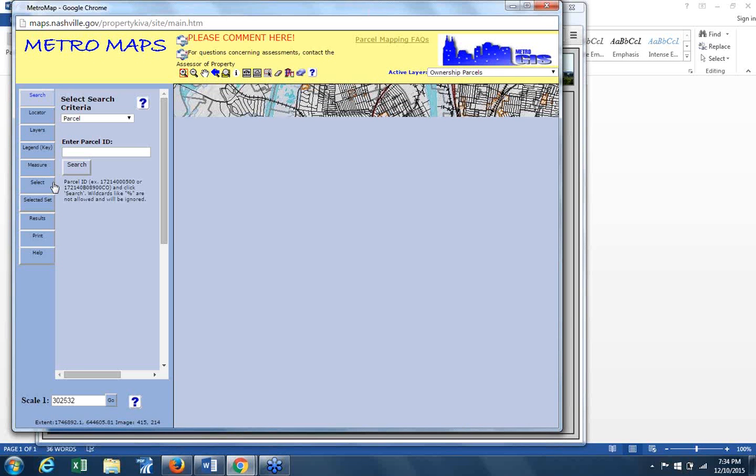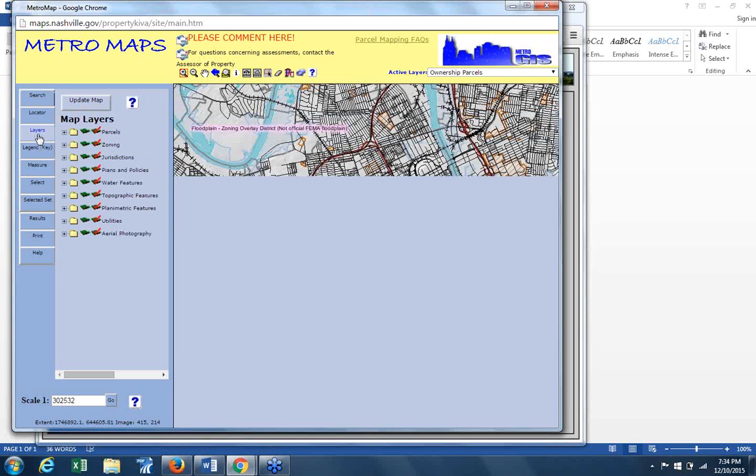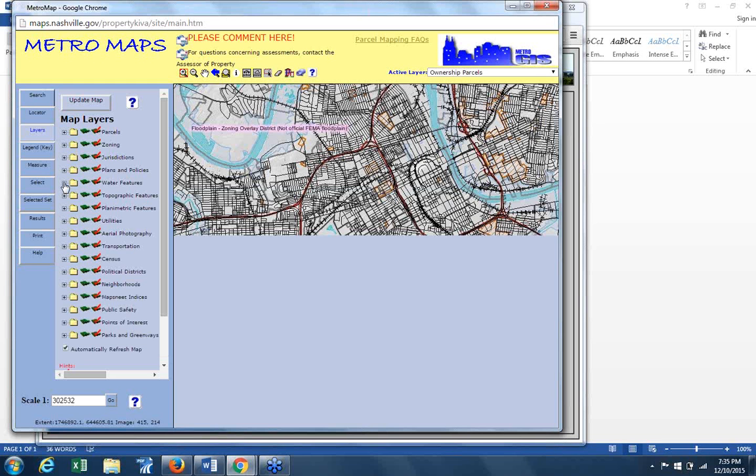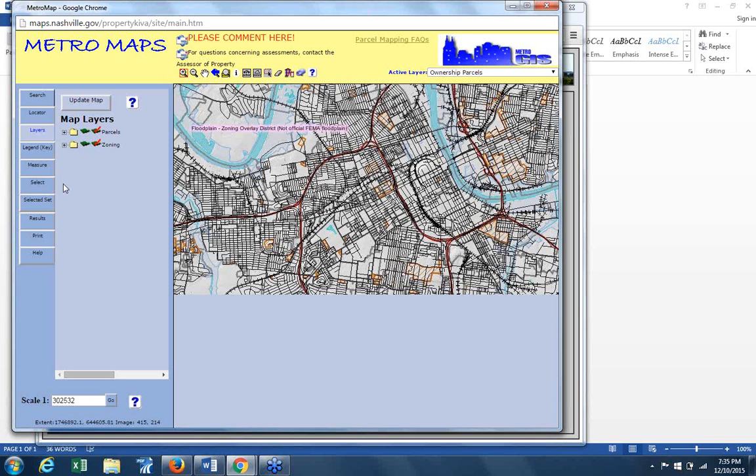While that's doing that, I'm going to go to layers and open this up. It's got all these layers and plus signs, and what you would do is open the plus sign. It's still loading here. And this actually has the FEMA floodplain in it.